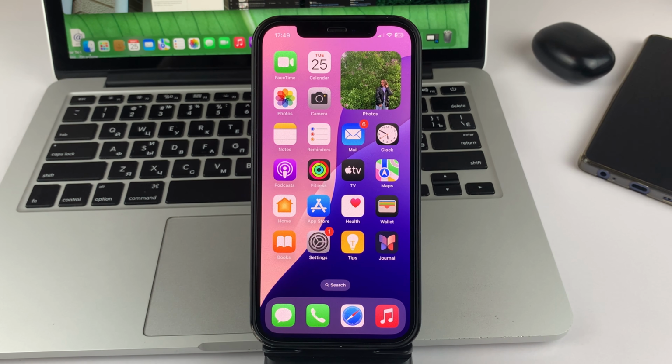In this video, let's talk about how you can add the Tap to Cache Control Center feature on your